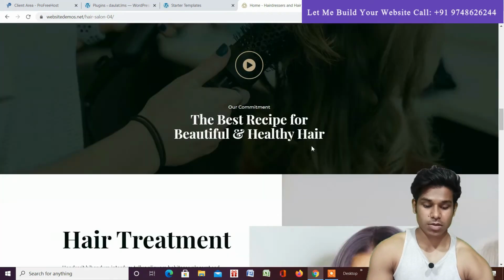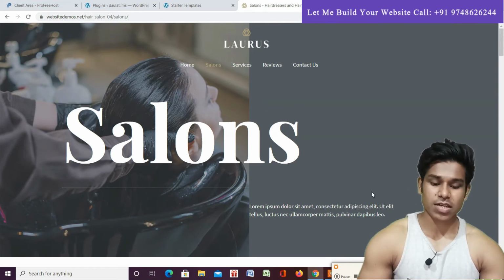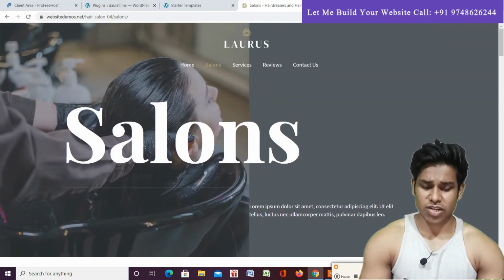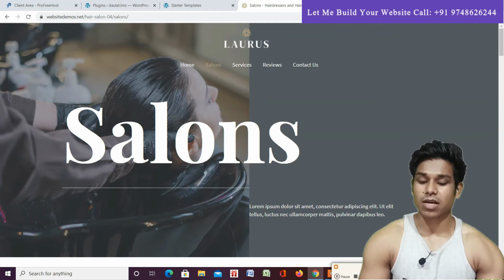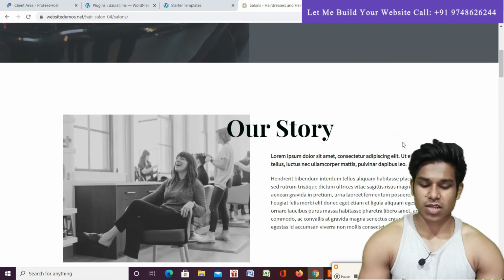So it's fully customizable. As you can see, this is how the salon page looks. I'm trying to maintain this top design throughout the website, because it is going to be the primary design and this is the primary color of this website. You can easily customize the text and the background. You can change this color, replace this text, or remove this border if you want. It's fully customizable.